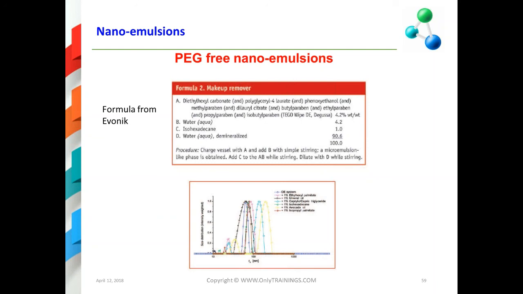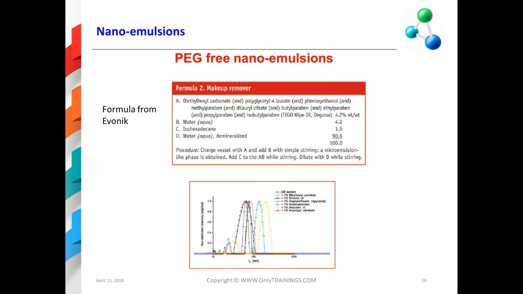Okay, so the case I explained to you was an ethoxylated surfactant, the Cremophor EL, but recently there are new kinds of surfactants based on glycerol or on sugars like sucrose ester, and there are many. It has been proved that you can invert the system by PIC with these new kinds of surfactants, so without using ethoxylated surfactants. In this slide, I show you an example of Evonik that proposed this PEG-free nanoemulsion prepared by